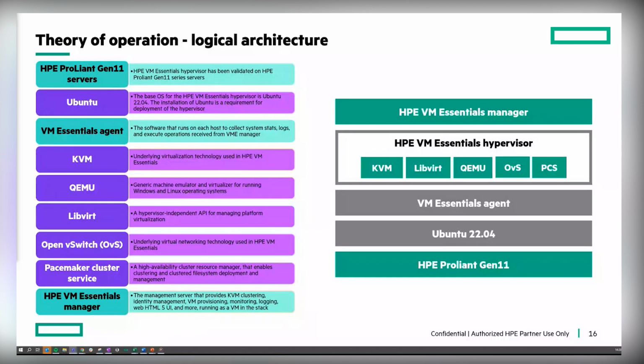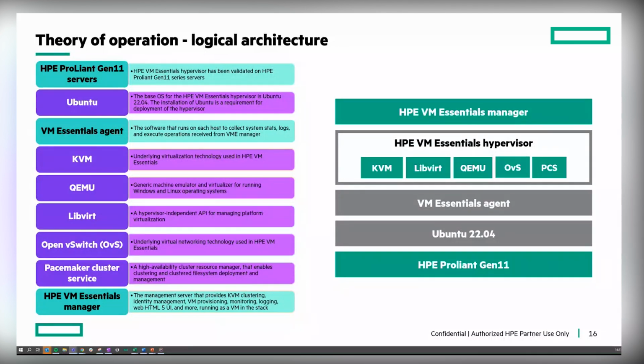I'm a storage technical architect at HPE. Before I jump into the demo, I just want to run you through the logical architecture of, say, a single node VM Essentials deployment. It should start with the Gen 11 server, though, as Shannon mentioned, we have qualified some Gen 10 plus servers as well. Then Ubuntu is on top, followed by, once you've downloaded the folder from the My Software Center,